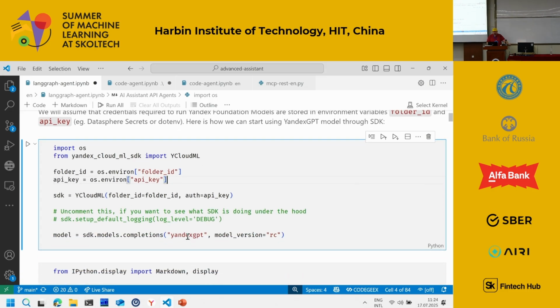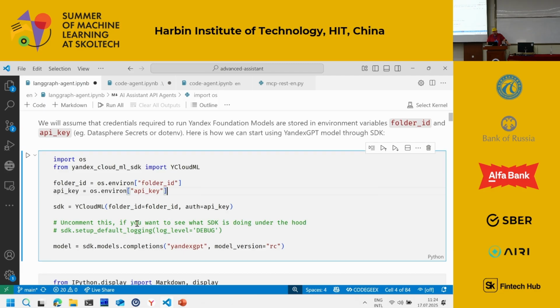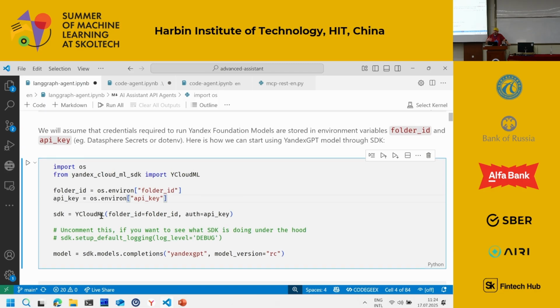And then we also use a library called Yandex Cloud ML SDK, which provides access to all foundation models in the cloud. That's a very nice SDK. You can also use Yandex foundation models through the OpenAI API, so you can access them exactly in the way like ChatGPT and most of the other large language models out there. But if you are not using some existing libraries like LangChain, it's much easier to use this Yandex Cloud ML SDK.